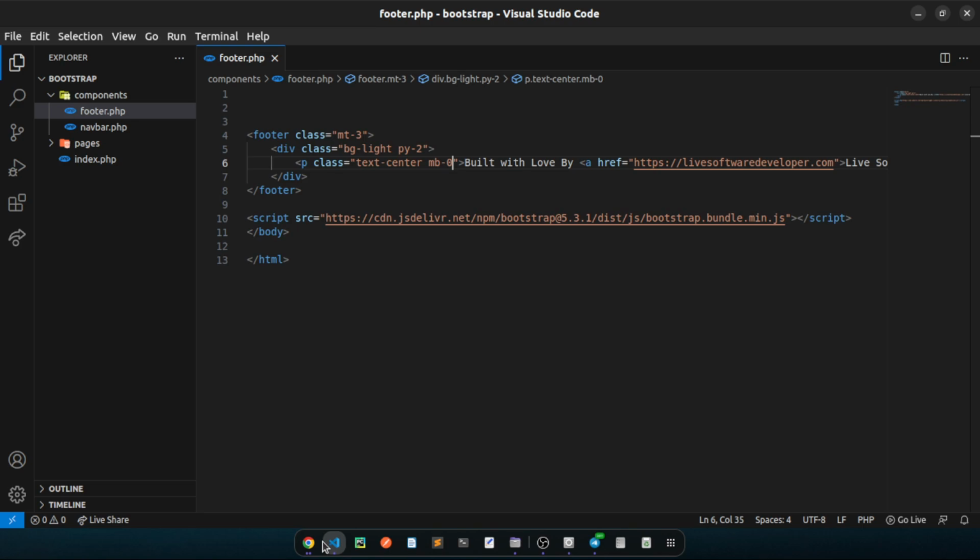We're showing you, after having the opening tag of the body from the navbar here, I have the closing of the footer here, and also the HTML tag. So the navbar and the footer have to be included in the same file for them to complement correctly. That is, the navbar provides the opening tag of the body and the HTML, then the footer provides the closing tag of body and HTML. Because as you know, whenever you have an HTML file,